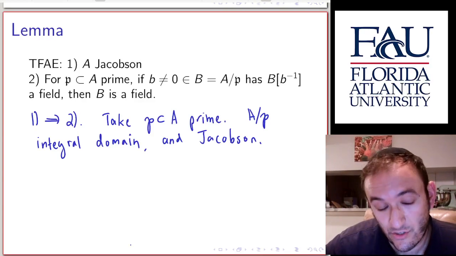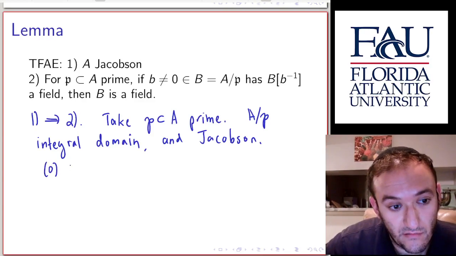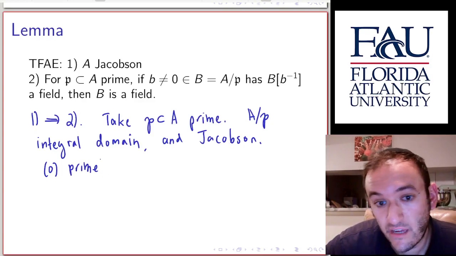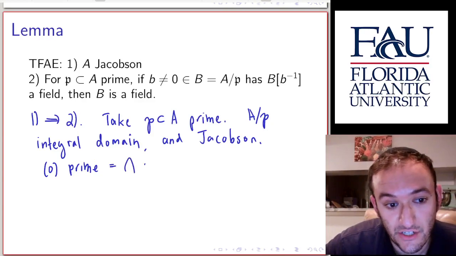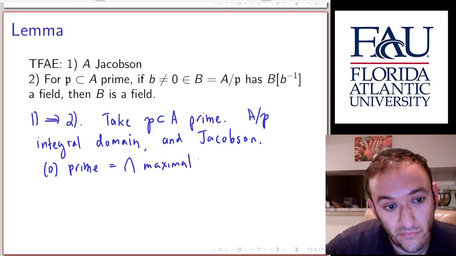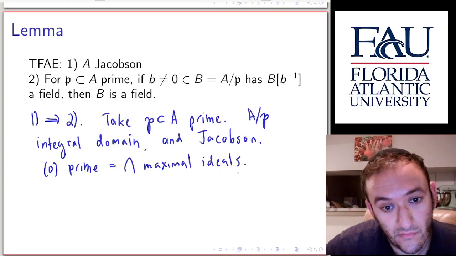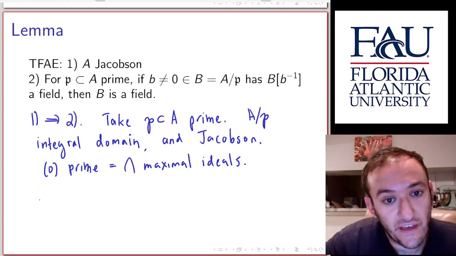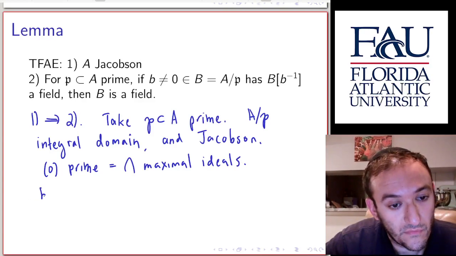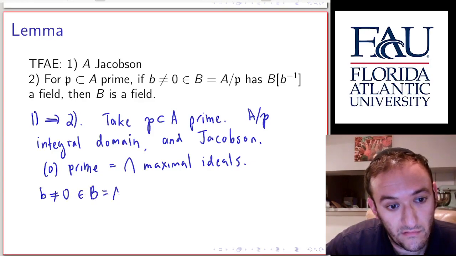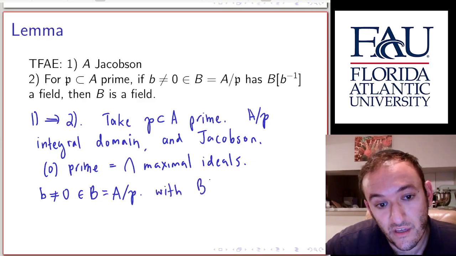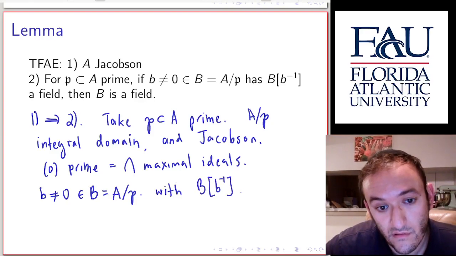The fact that it's an integral domain means that 0 is prime, and the fact that it's Jacobson means that 0 is the intersection of all the maximal ideals. Meanwhile, if we have b not equal to 0 in A mod P, with b adjoining b inverse a field,